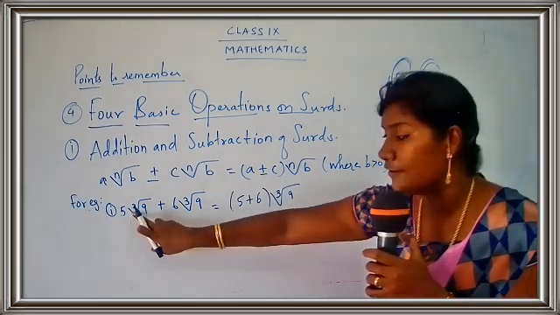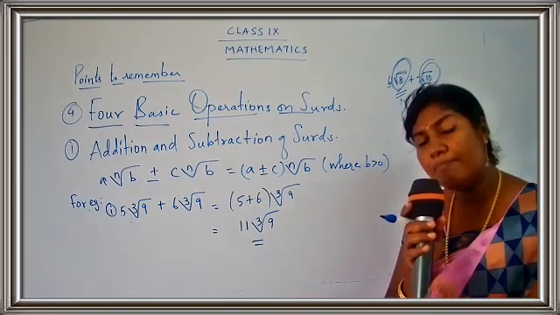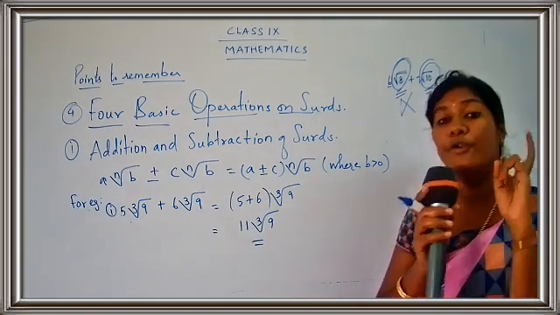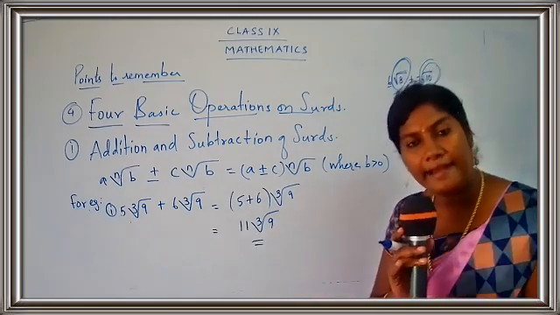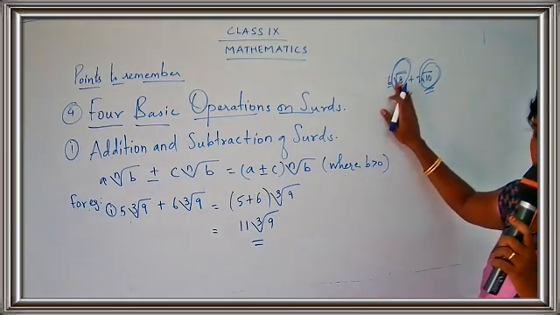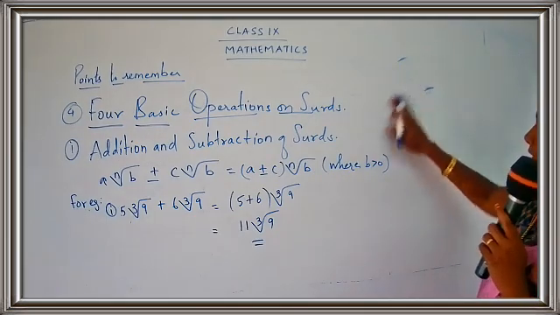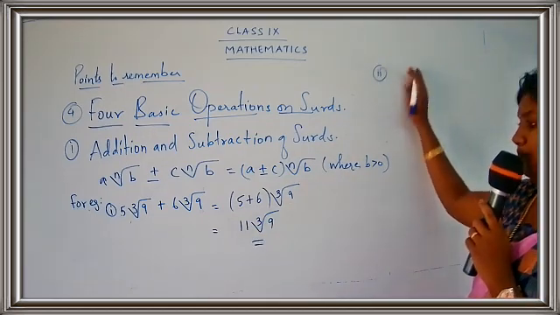Now here, we had cube root 9, cube root 9. So they were same. If they are same, then only you can add or you can subtract. If the surds are different, we cannot add or we cannot subtract. So remember, this part cannot be added. Getting my point, children? So let me give you one more example for subtraction. Just put here number 2.